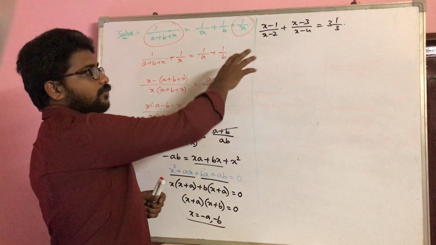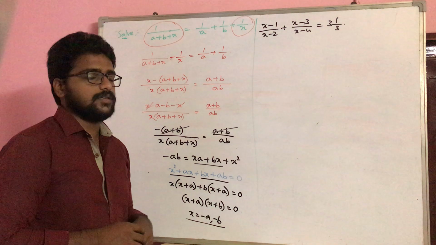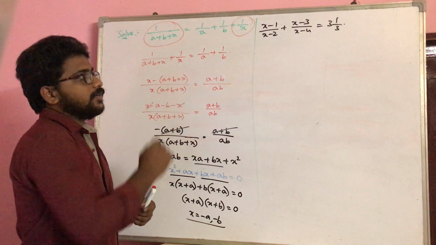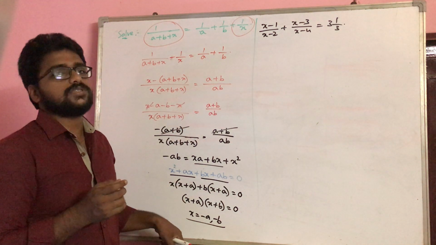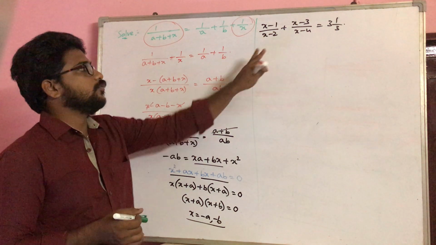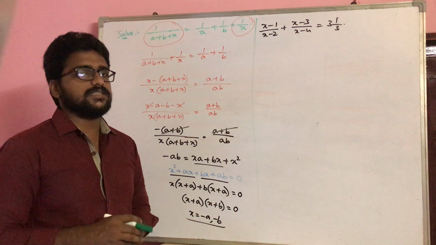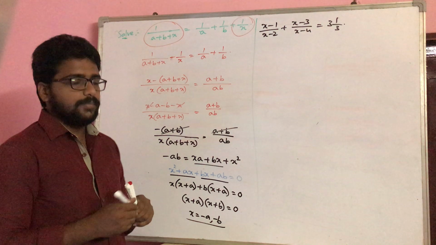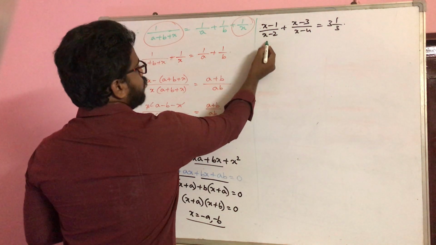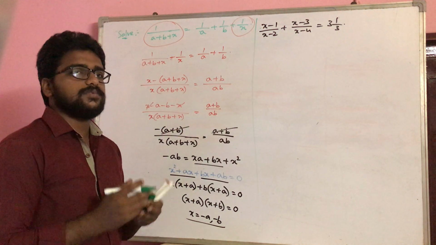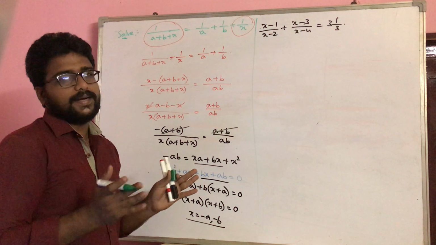Anyway, now I don't want to divert you from the basic concept. Here you should get an idea of how to start simplifying. We cannot do any further simplification just by observing the question like this, because the numerator has two terms, the denominator also has two terms, and we cannot split it further.